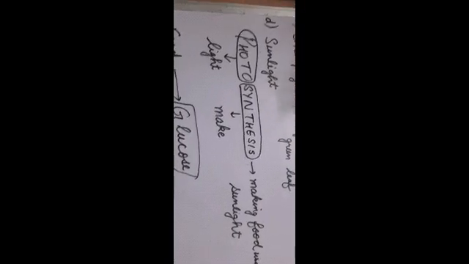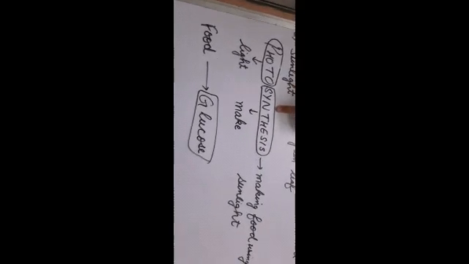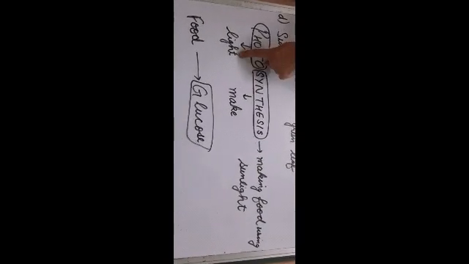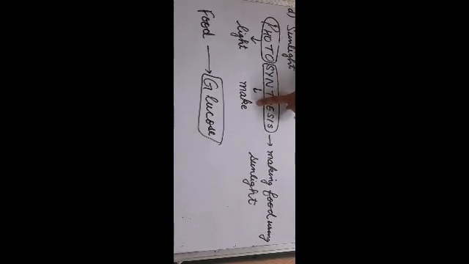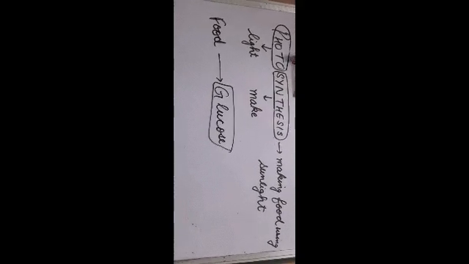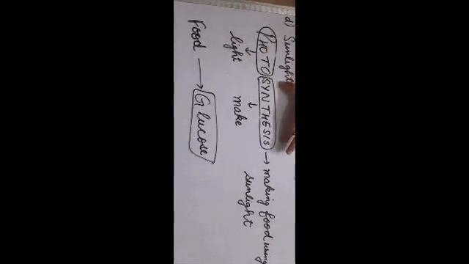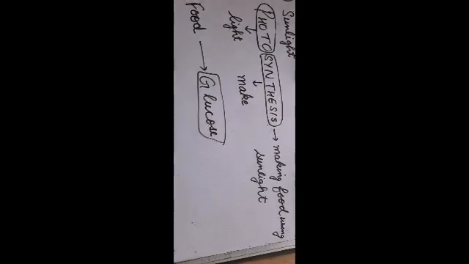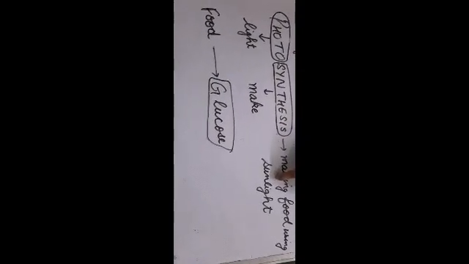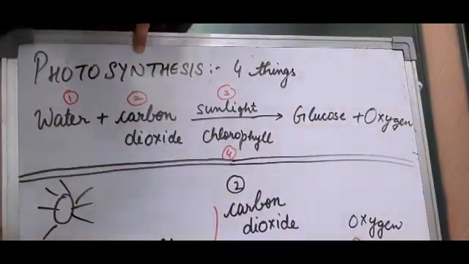So this process of making of food is called photosynthesis, which you have already done in the class 4th and 5th. The word photo means light, and synthesis means make. Like in the first video, I had split the word biology into two parts, bio and logy. Same way here, I am going to divide this word photosynthesis into two parts. So making of food using light. Which light do the plants use? Sunlight. So sunlight is needed by the plants to make food, and their food is called the glucose.